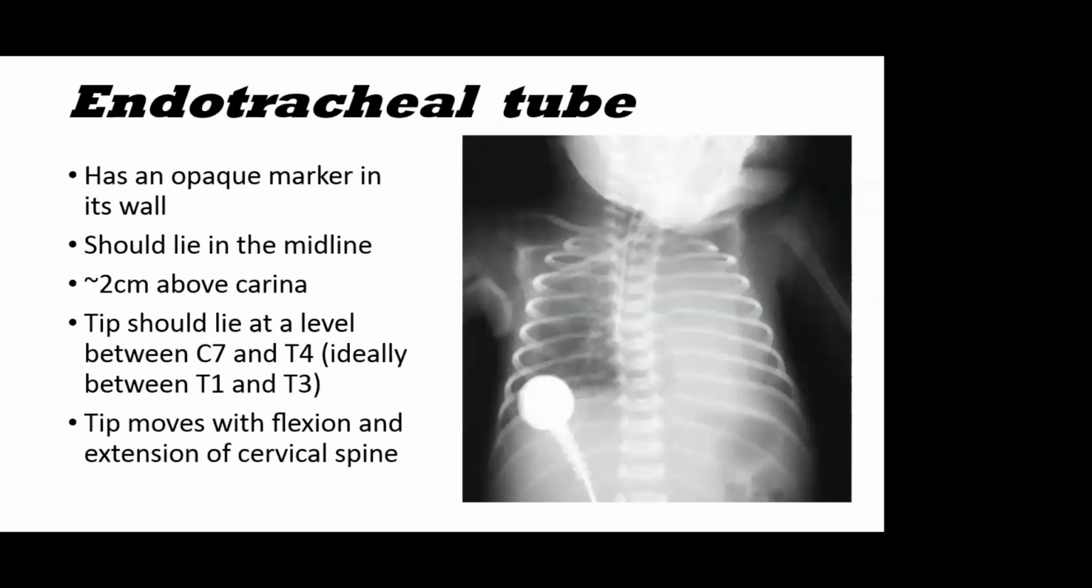Endotracheal tube, again, has an opaque line in its wall, so you should be able to see it. It should lie in the midline, approximately 2 centimeters above the carina. That's an arbitrary number, mainly for term babies. In preterm babies, the number can be still less, but they should lie approximately 1 intervertebral disc space above the carina. If you want to measure it like this,